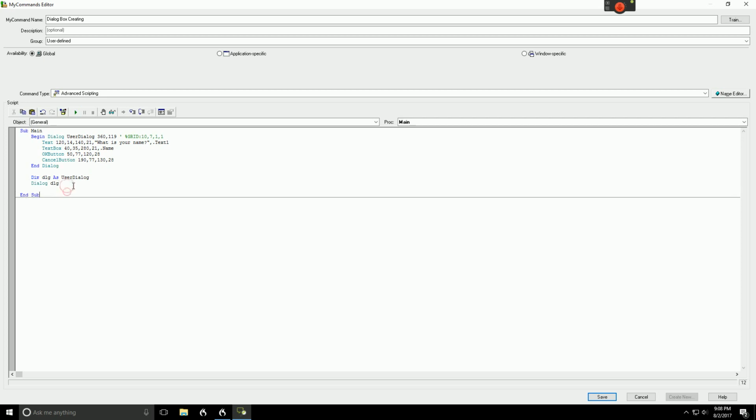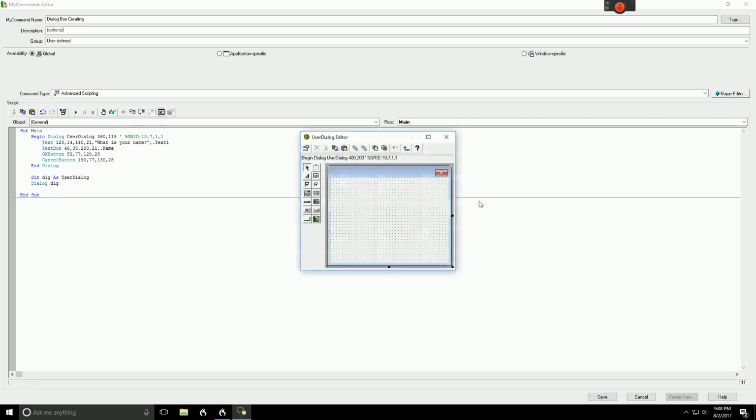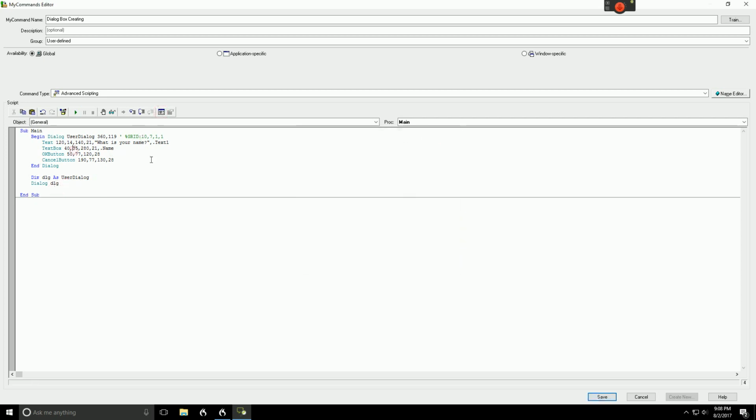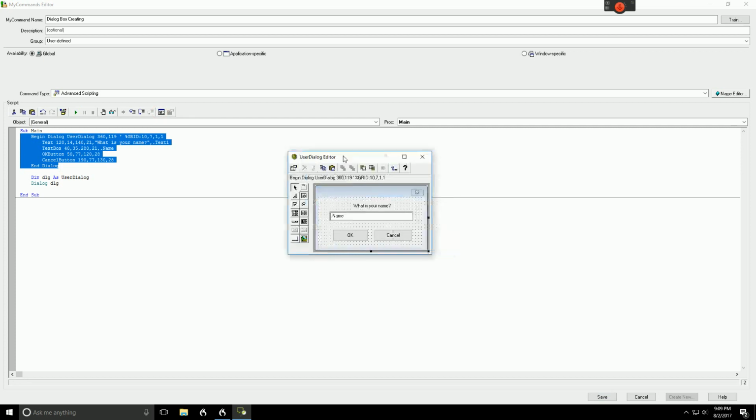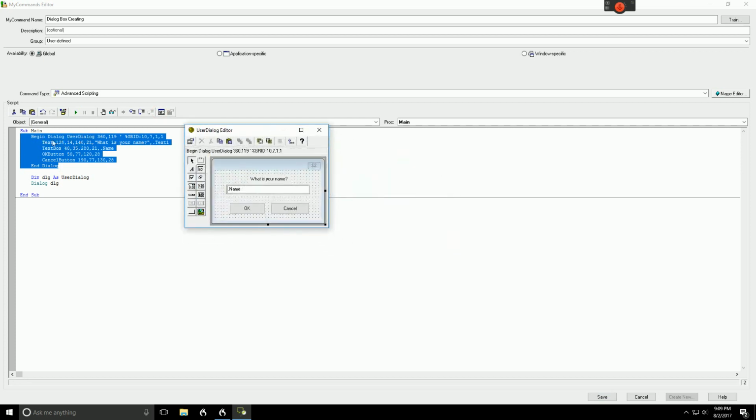If we wanted to create another one, we can click anywhere else and it'll come up with a new one. But if we want to go back and look at this, all you have to do is click within the dialog box code right here, open it back up, and we can see here that we have the size of our total area on the outside. Okay, and we have the text that we put here, where it says this is the size and the location of it, and then the caption is "What is your name?", and then the label, the field name for it, which is the .text1, which isn't going to be important for text, but it will be for